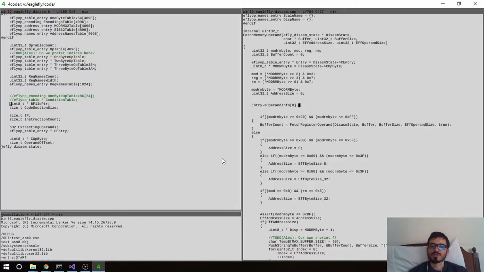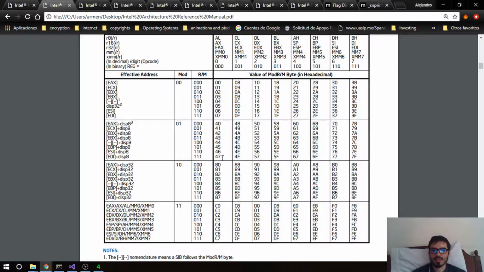How do we want the operand info to work? We can use the same stuff we were doing before. Let me think. So we know that the rec